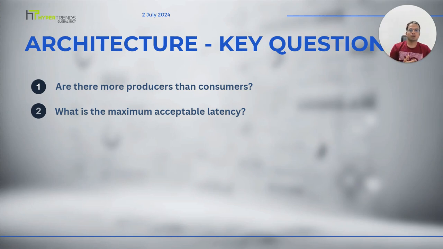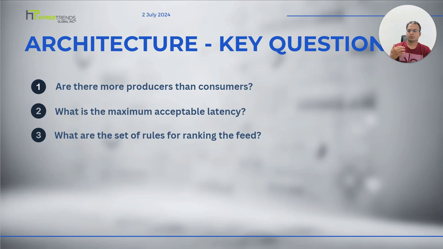So what is a tolerable latency for us? Is it 1 hour? Is it 2 hours? Is it 1 minute? Is it 2 minutes? Is it 3 or 4 hours? Is it one day? Depending on the different use cases, this latency parameter can vary, and from that we can decide which model or which architecture we need to apply, right? So basically, one is producer-consumer count, second is latency parameter, third is a set of rules for ranking the feed,